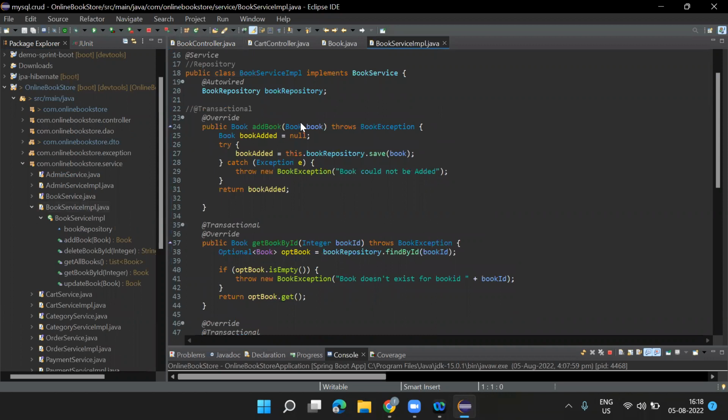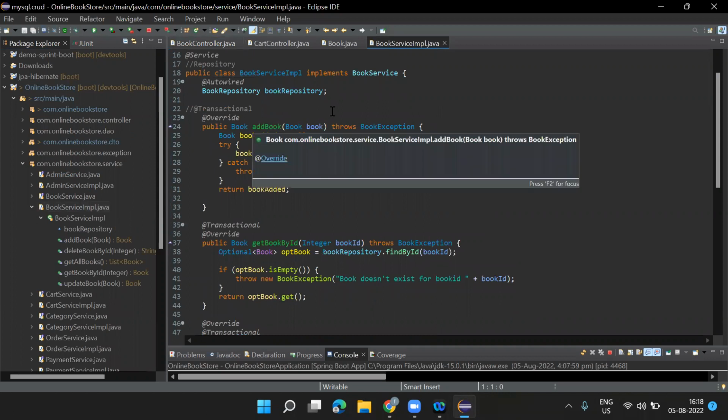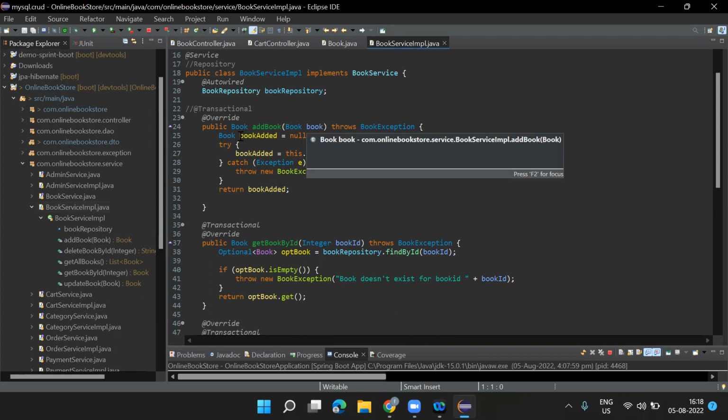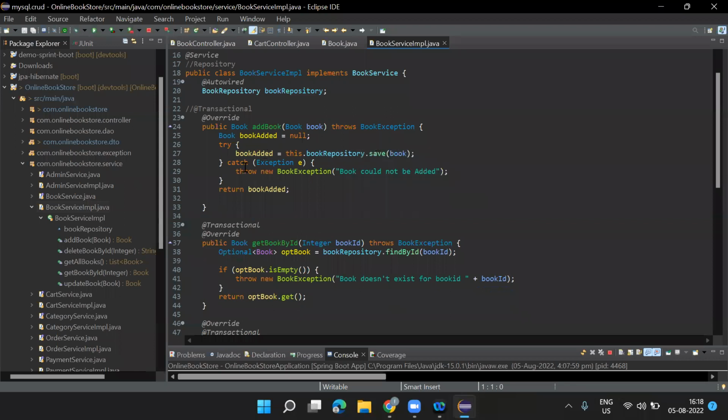Yeah, add book. So what I'm doing is I'm creating a reference variable of book and I'm assigning it to null, and I'm saving the book. If any exception arises, I'm throwing a book exception that it could not be added. If nothing